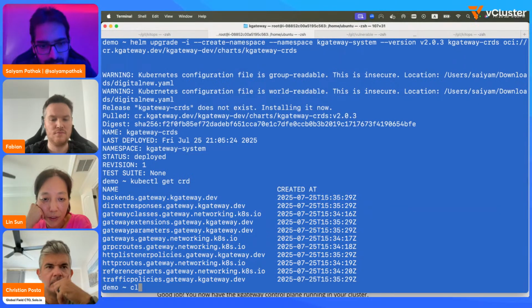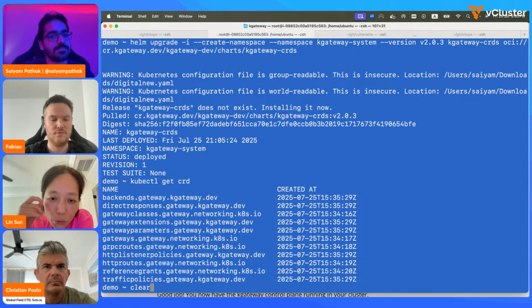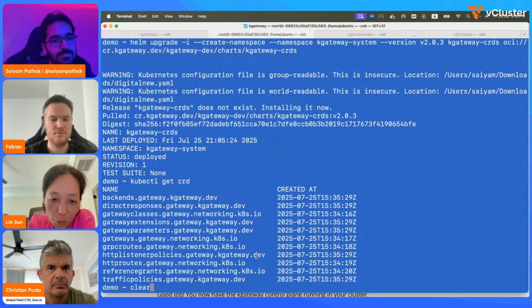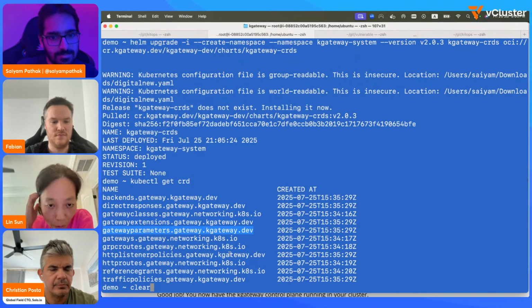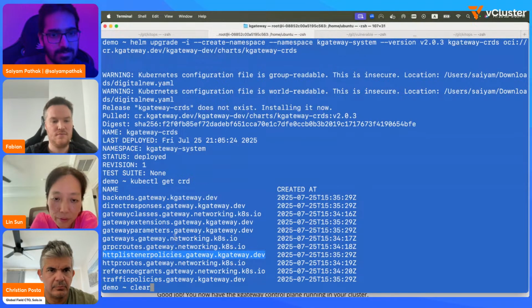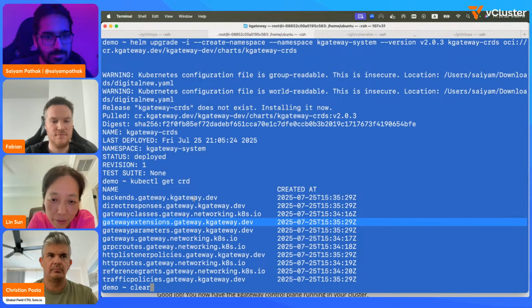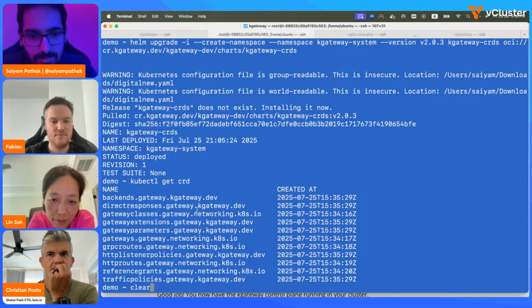Okay, yeah, so this actually shows you which ones are coming from Kubernetes and which ones, the kgateway.dev ones, are the specific extensions built by the kgateway project. Okay, traffic policies, listeners, gateway parameters, extensions. Cool.